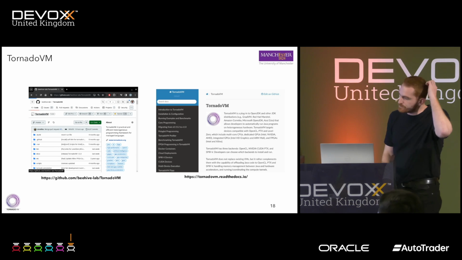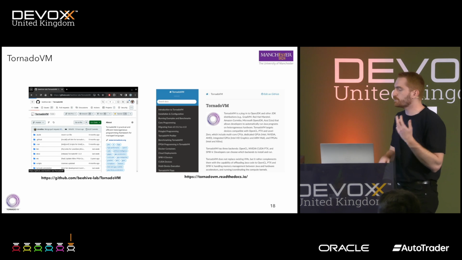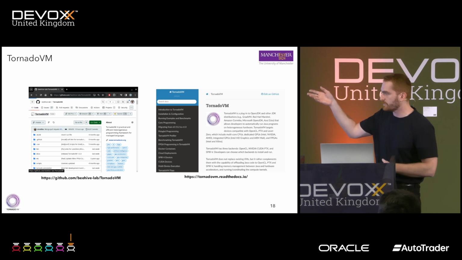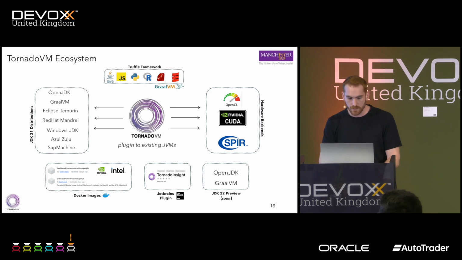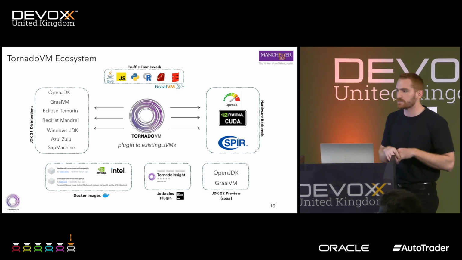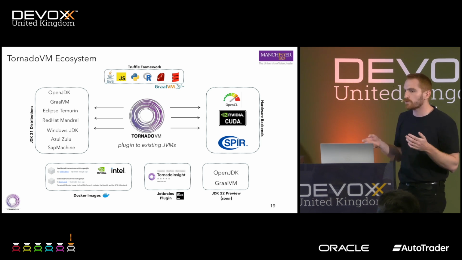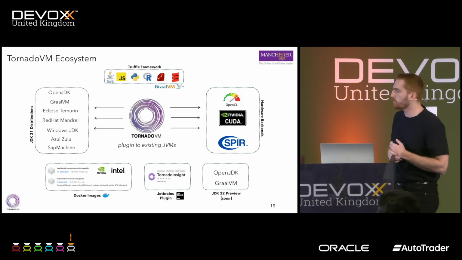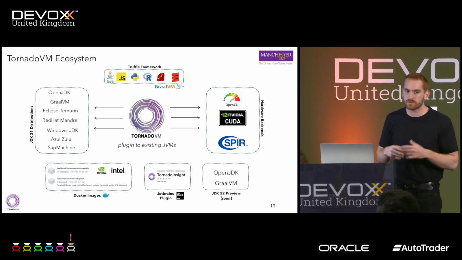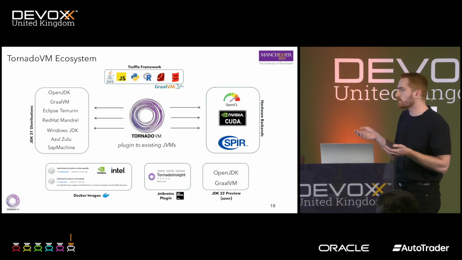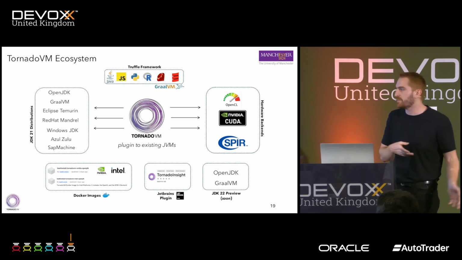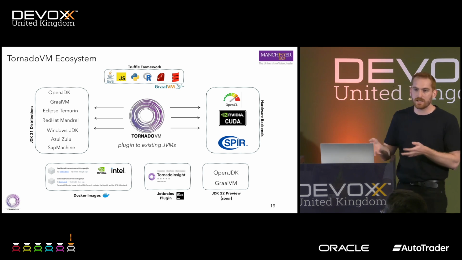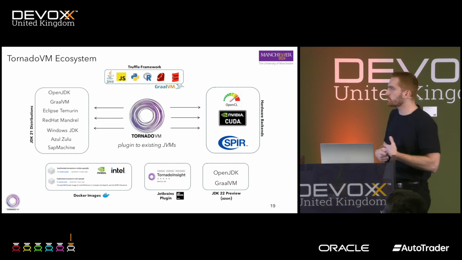So what is TornadoVM? TornadoVM is an open source framework to allow GPU execution for Java. It's been out there for almost 10 years now. It has documentation online, the repo is online, we have plenty of examples. Because it's been out there for quite some time, it has an ecosystem around it. So it has support for the latest JDK 21. Most likely for any kind of OpenJDK that you might be using, it supports Tornado. It's just a plugin for an existing JVM, so it's another dependency in your POM file. It has OpenCL, SPIR-V, and PTX backends. Regardless of the hardware that you have, most likely you're going to be able to use it with Tornado.